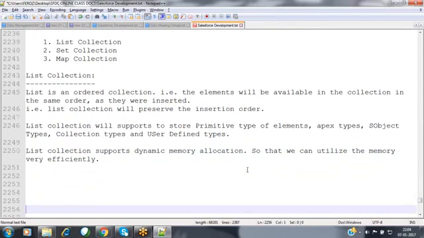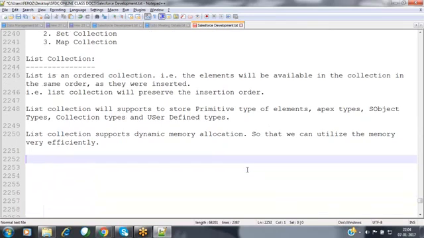Now, whenever you are adding elements, will the List collection allow duplicate values? Yes. Even though we are using collections, inside this collection we can store the same elements multiple times. This is very, very important from the interview point of view.